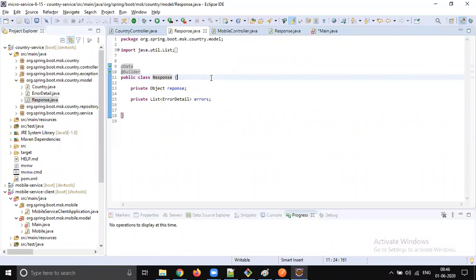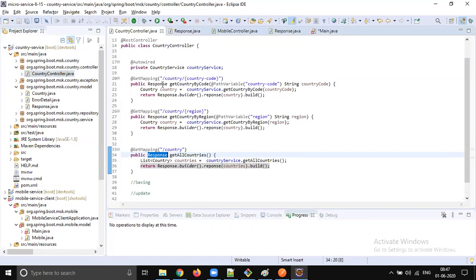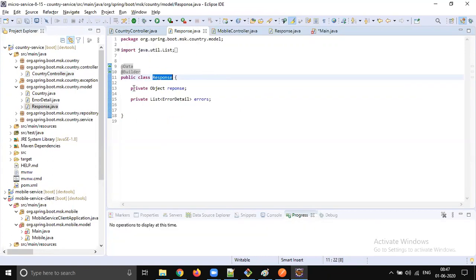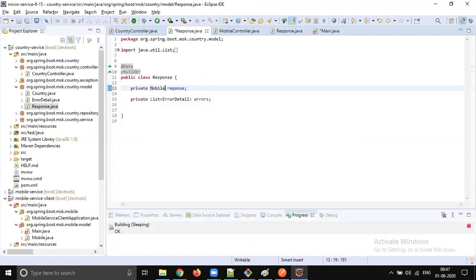So make sure whenever you write any service, your return type should be a particular type. When you go inside response, never return object. If you would like to return mobile, just change it to mobile DTO, no problem.